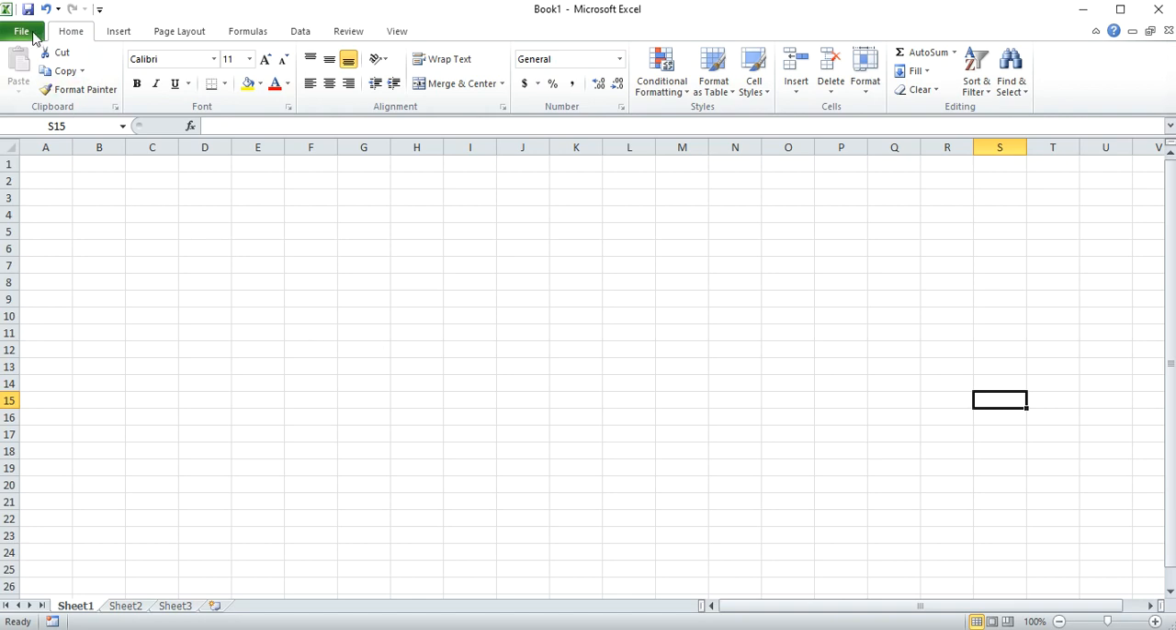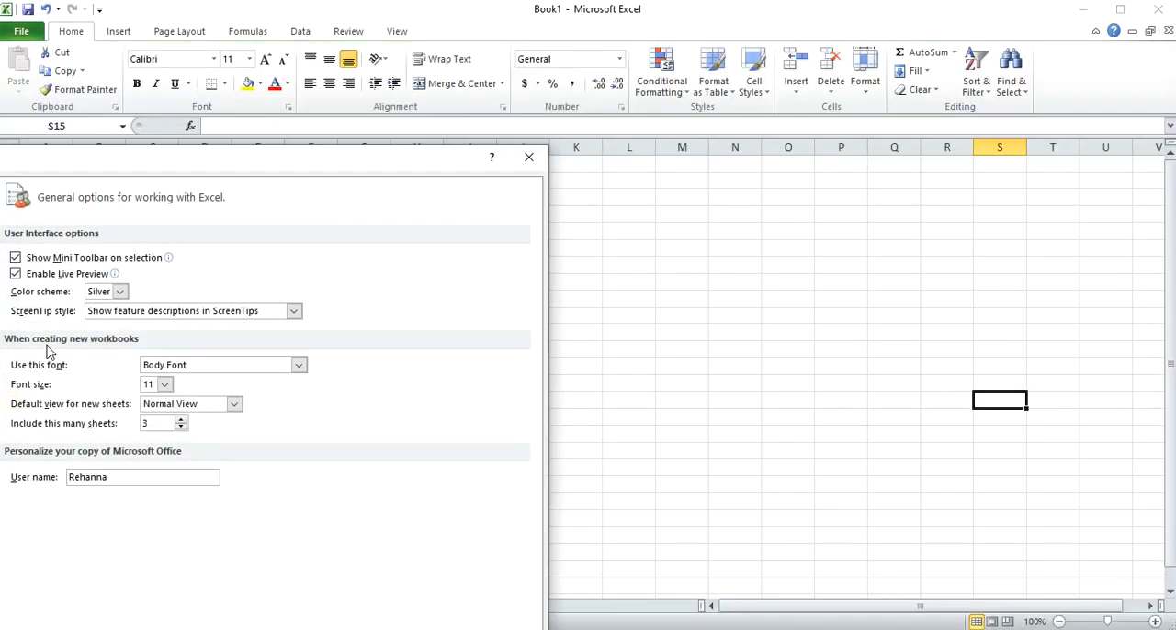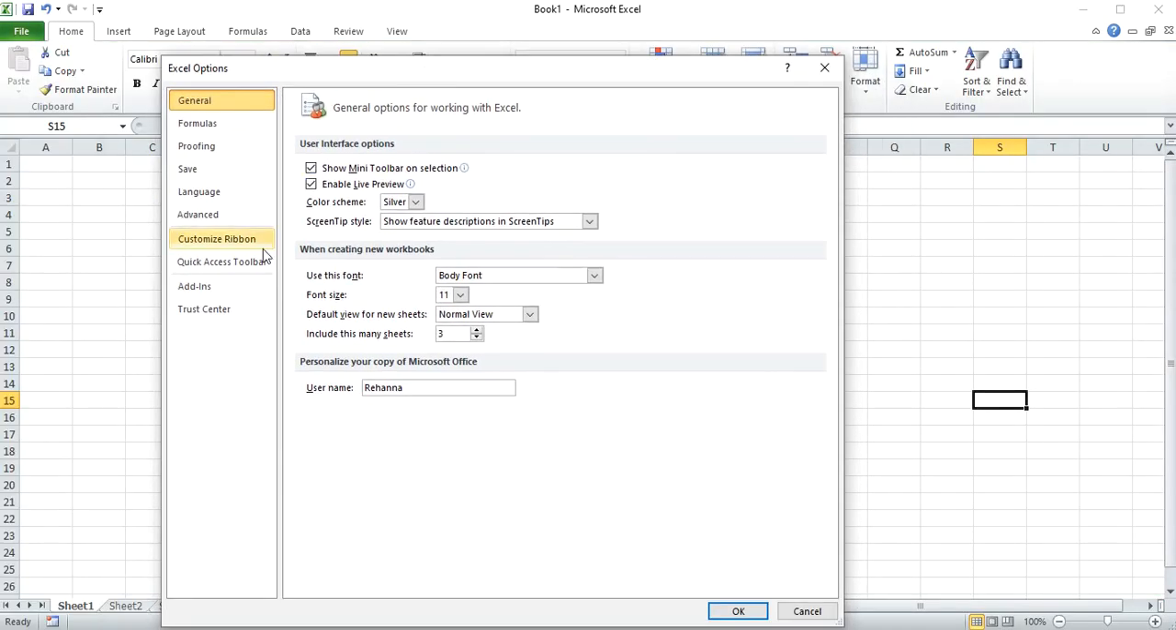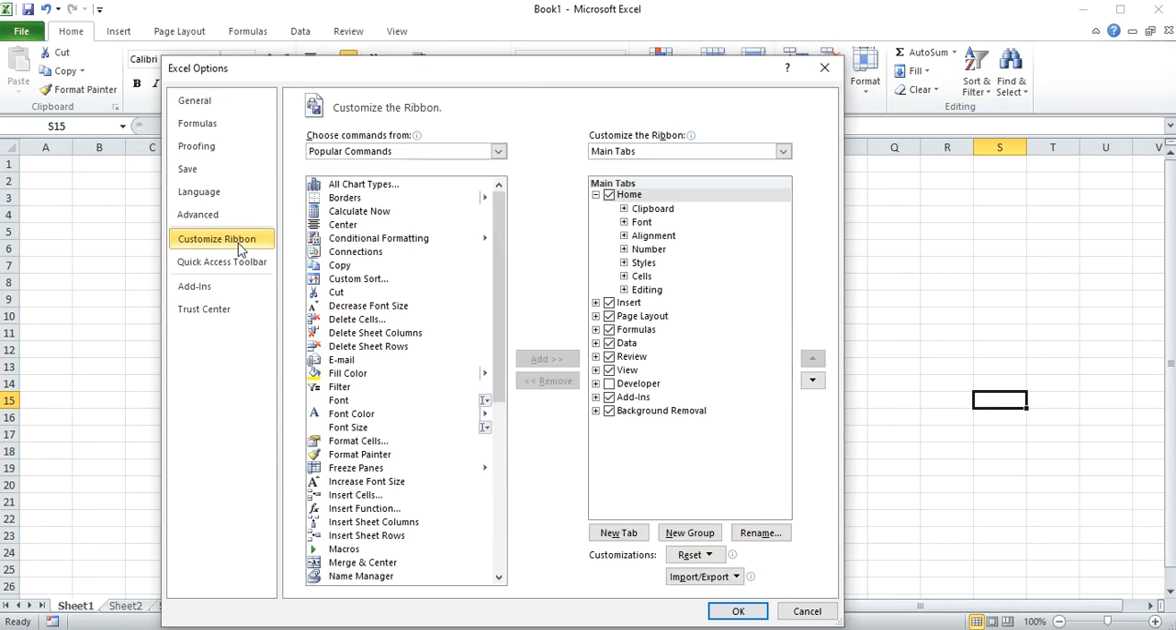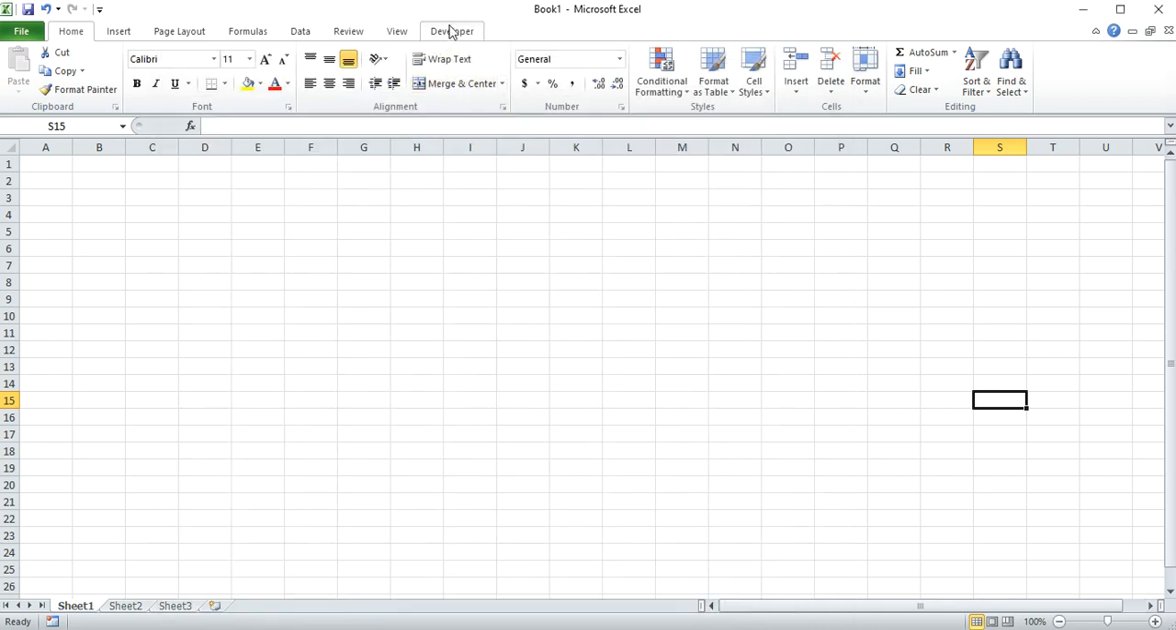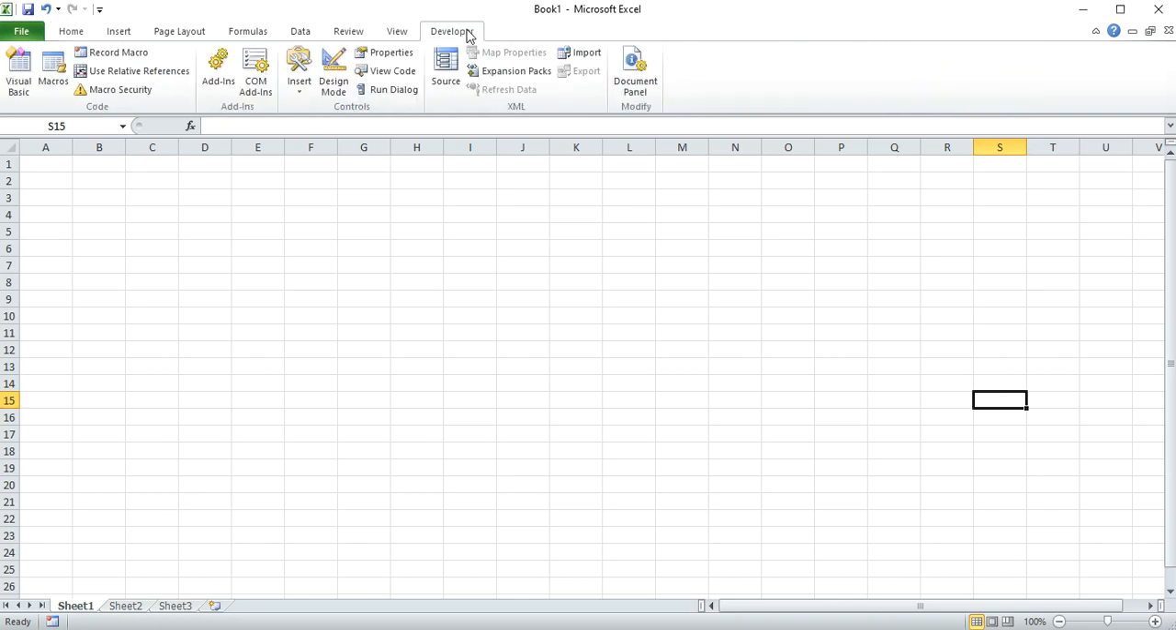So we're going to click on File, click Options, click Customize Ribbon, and I'm going to look for the developer. Right now it's unchecked, so I'm going to click on it so that we see a tick within it. Click OK. And now I'm going to see the Developer tab on my main menu. Click on Developer tab,